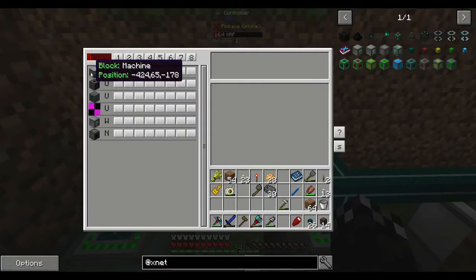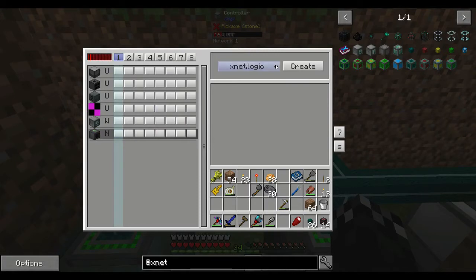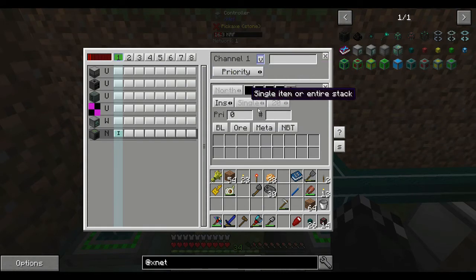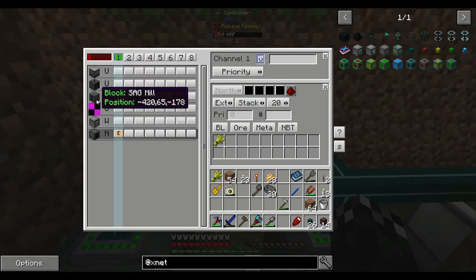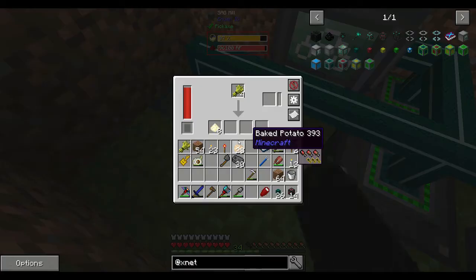Right. So what we want to do is we've got a farmer, and what we want to do is we want to item, and I'm going to create an extract of wheat. It can pull a stack for every 20 ticks. So every second it's going to pull a stack of wheat. And it's going to place it into the sag mill. So in here we're going to create one as well, and it'll be insert wheat. Right, cool. So when this is running, which it probably already is, it will take wheat